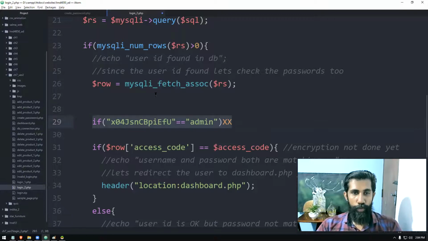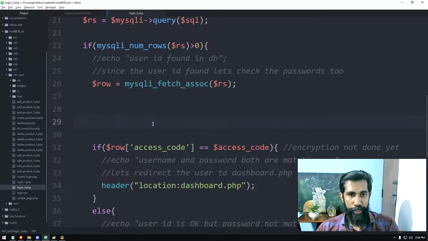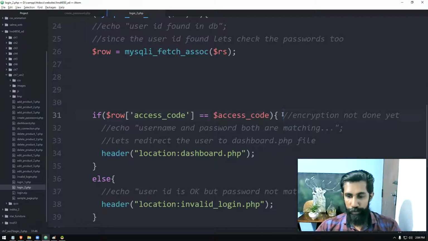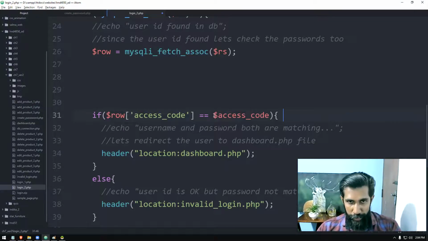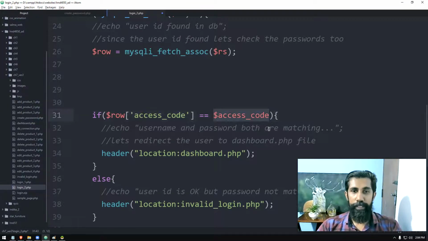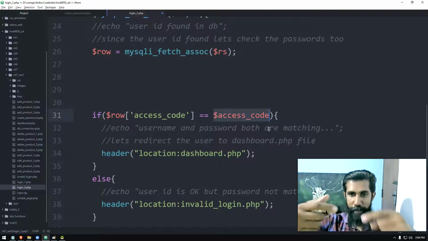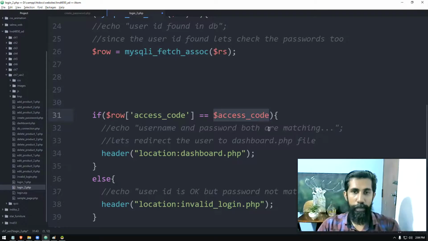Okay, so we need to do one thing. When we are checking, we need to convert this user typed password to the same password. That means if we can generate the same password, if you type the same sequence only, the same encrypted password will be generated.